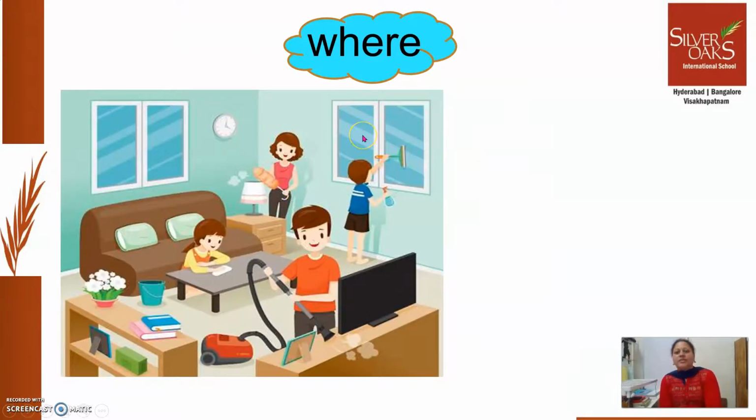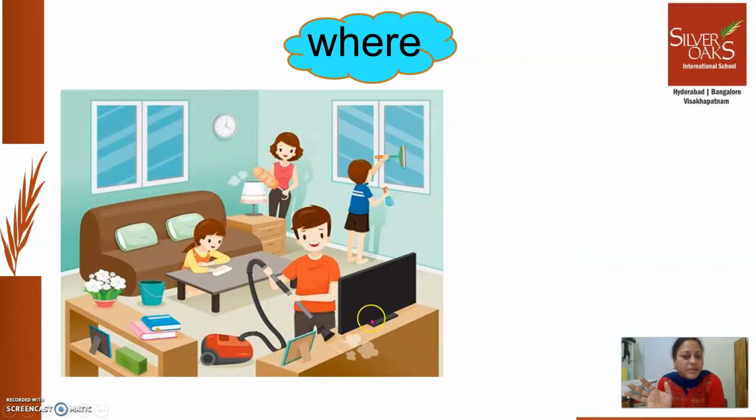Okay. Now let us see. It seems like a living room. Let us just try to describe the position of various nouns using the prepositions. Now we know how to use them, right? So tell me, where are these books? The books are on the rack. The books are on an open rack, you can say.